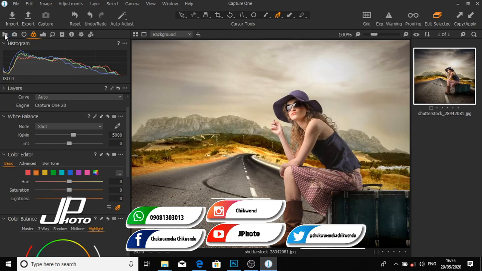As you can see here, the very first panel that you can use is the library. That is where all the imported images are, if you just want to view them all, you can just go to the library. Then this capture, if I click it now,